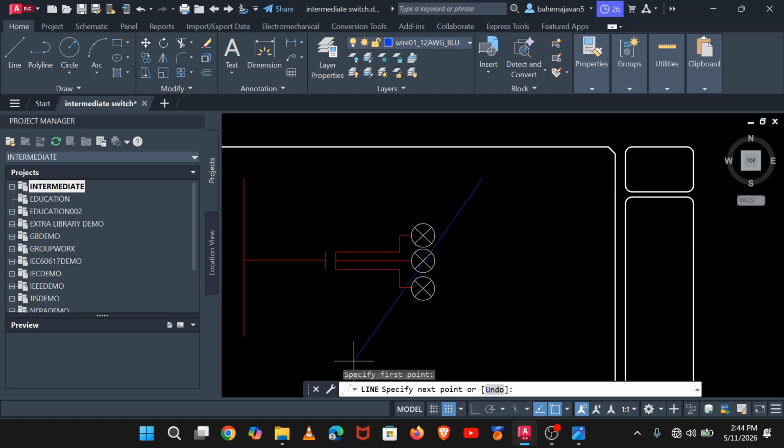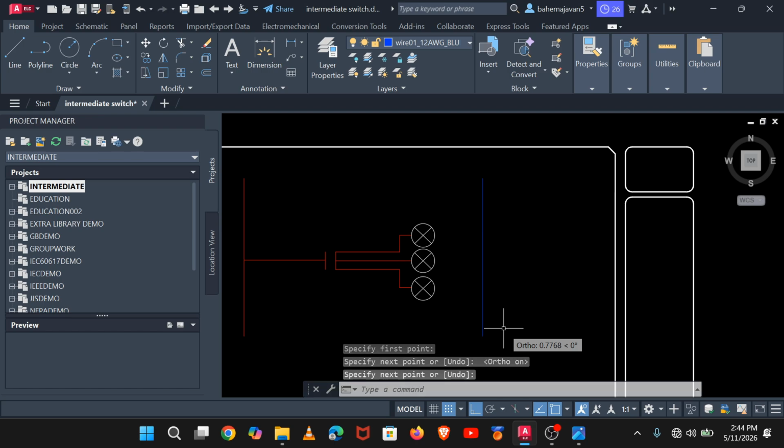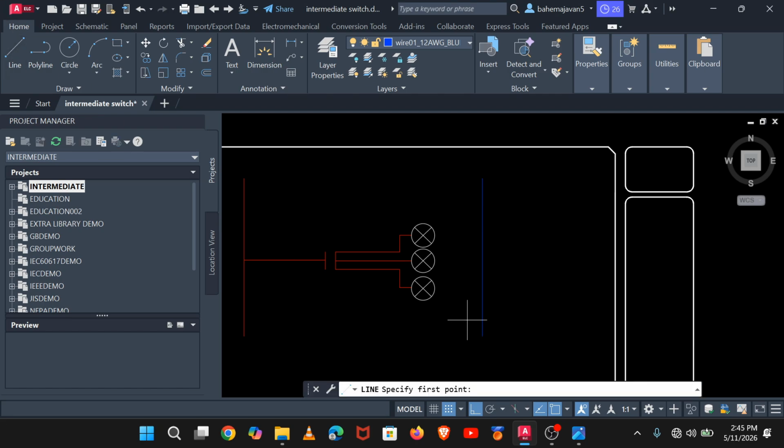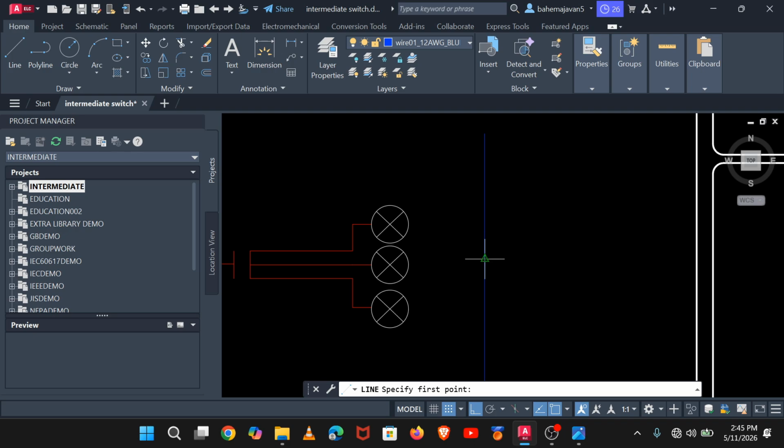Yes, this will be, let's find it here. Let's find it at the end. Turn on the orthogonality. Yes, this is the end, and I'm gonna search for the neutral wire, the midpoint, which is here, and